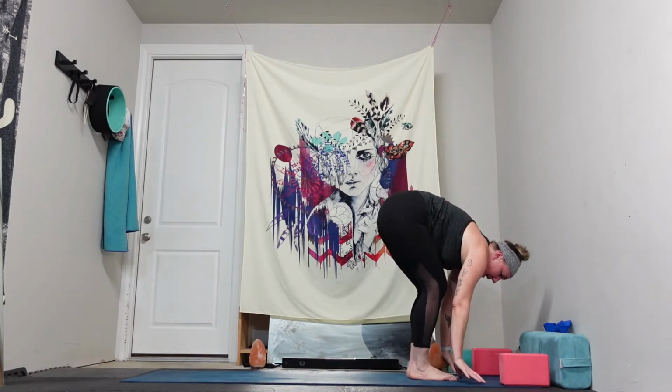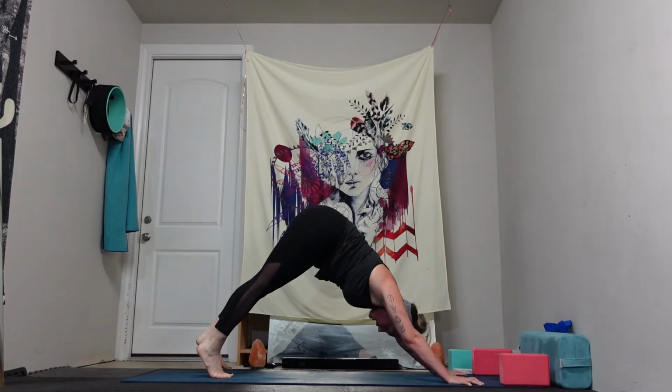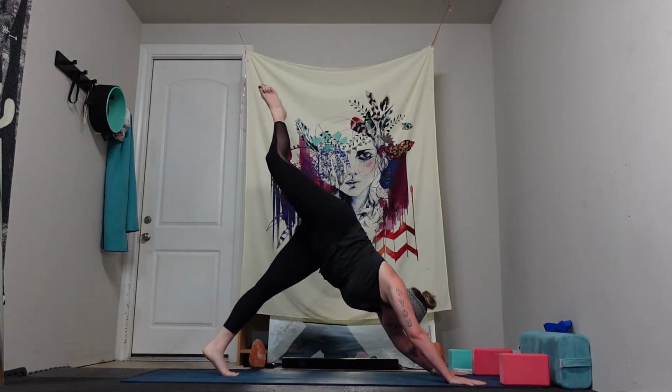Exhale, plant down, sit it back, Chaturanga Dandasana. Inhale, upward dog, warrior cobra. Exhale, downward facing dog, Adho Mukha Svanasana. Inhale, right heel rises. Open up your hips, stack your hips, your shoulders are square to the top of your